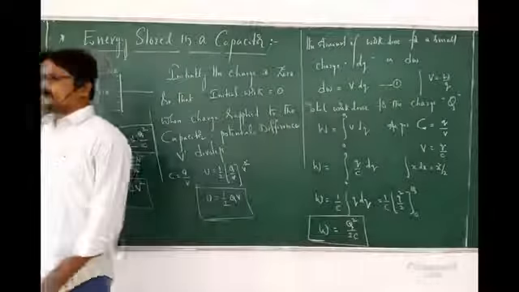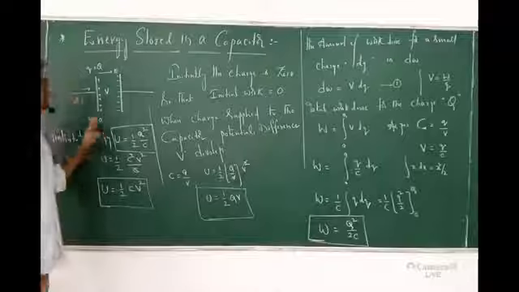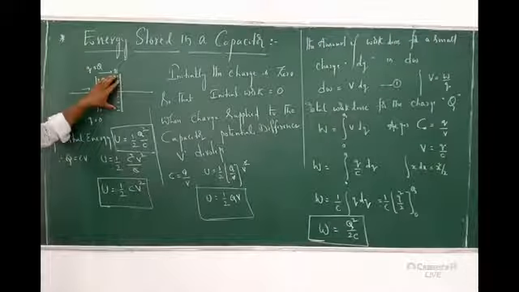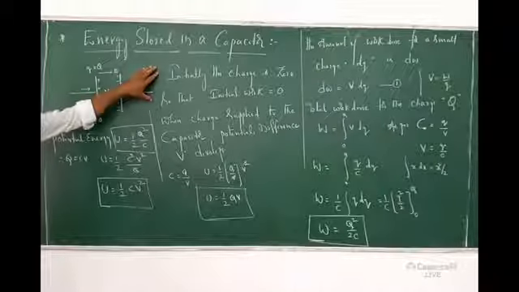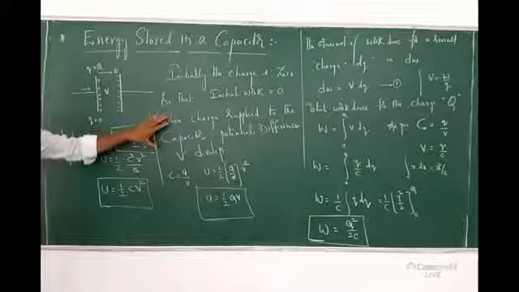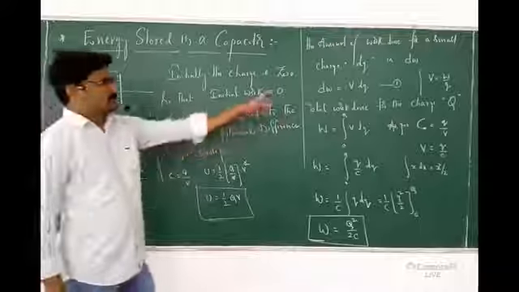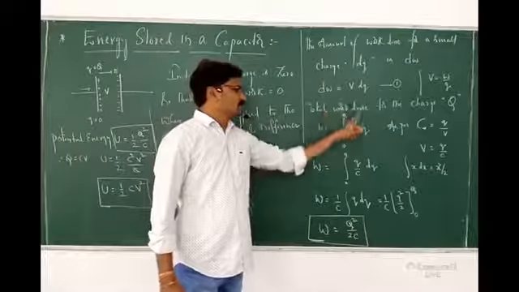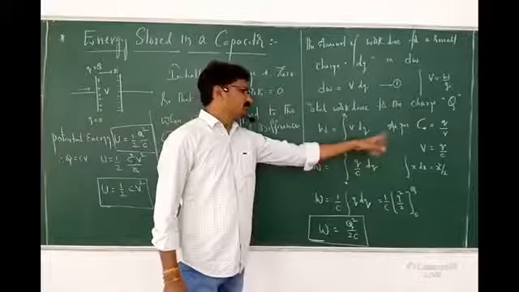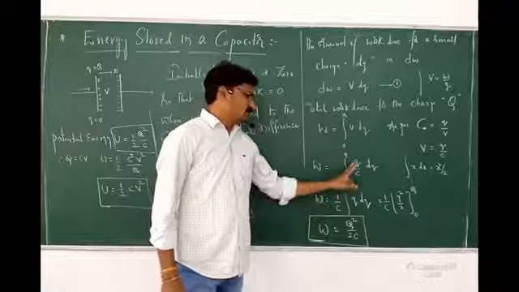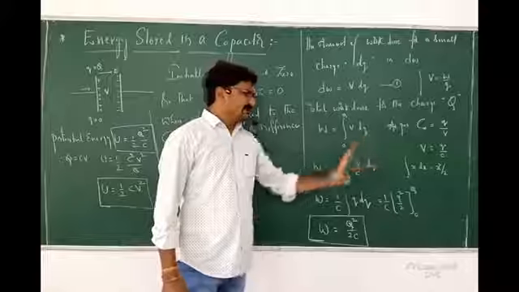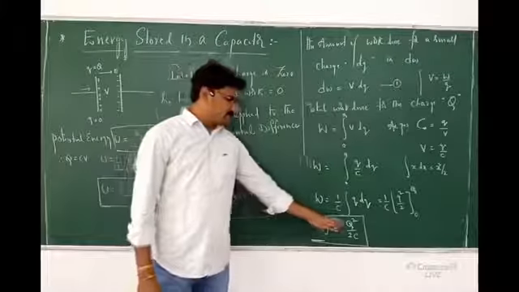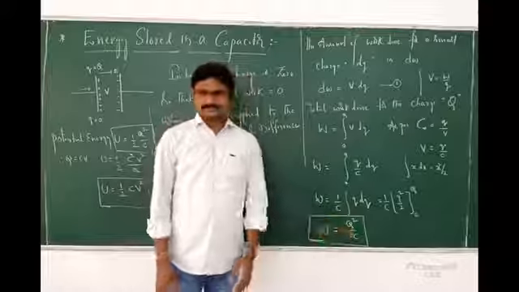Once again, clearly you can observe. In this particular case, one plate is positive, the other is negative. Initially charge is 0. Next V develops. Continuing, dW is equal to VdQ. So the total work done is the integral of VdQ, that is, Q by C dQ integration. Integral of x dx is equal to x square by 2. So now the work I got is Q square by 2C.